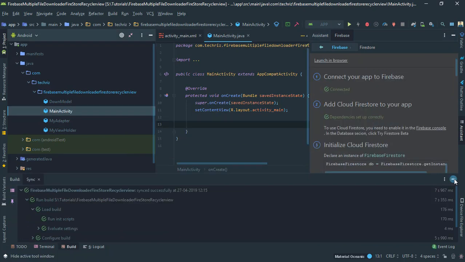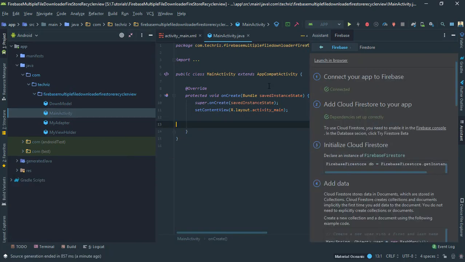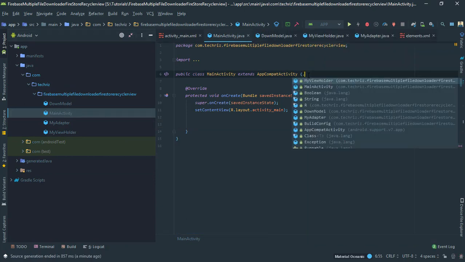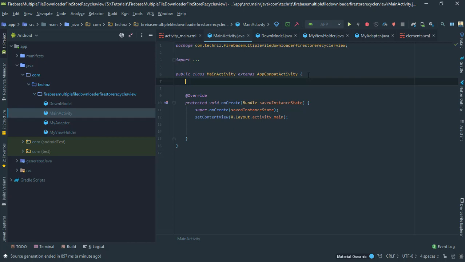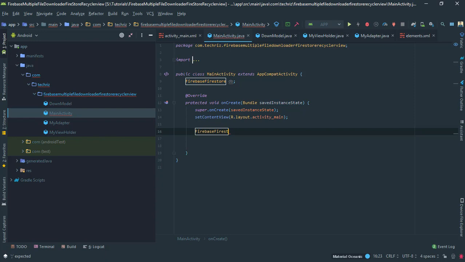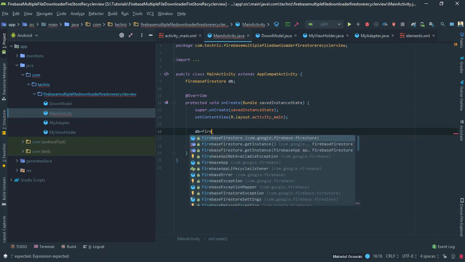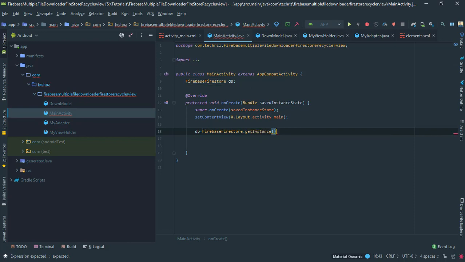Okay, so the dependencies have been successfully added. Let's close this. What we are going to need is the Firebase Firestore. Let's call it DB for now, and let's create a Firebase Firestore, or let's say DB equals FirebaseFirestore.getInstance. So we have the instance of the